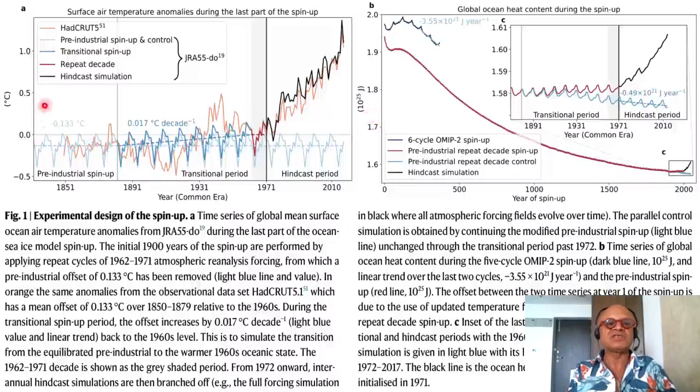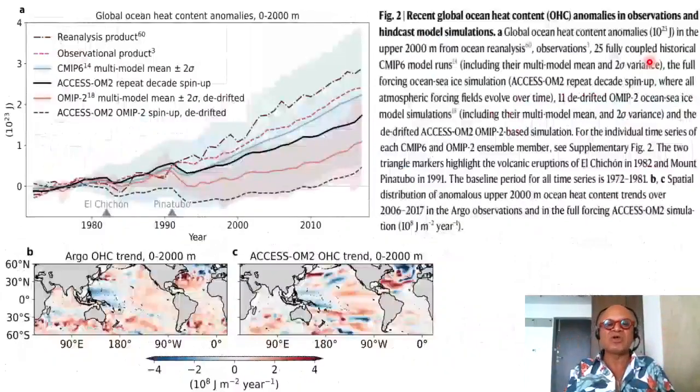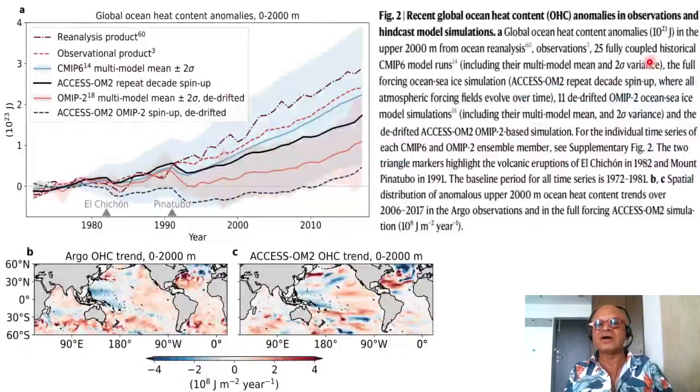Here we were looking at degree C in surface temperature anomalies during the spin-up, and you can see this focused period of analysis here for the Industrial Revolution to the current. The drift still exists in the spin-up model, but then you go with the constrained transient run and the hindcast run to look for processes that determine where and how the ocean heat uptake happens. As I said, these are kind of technical details that you may or may not be interested in. I'm kind of leading to the last figure, which is a nice summary.